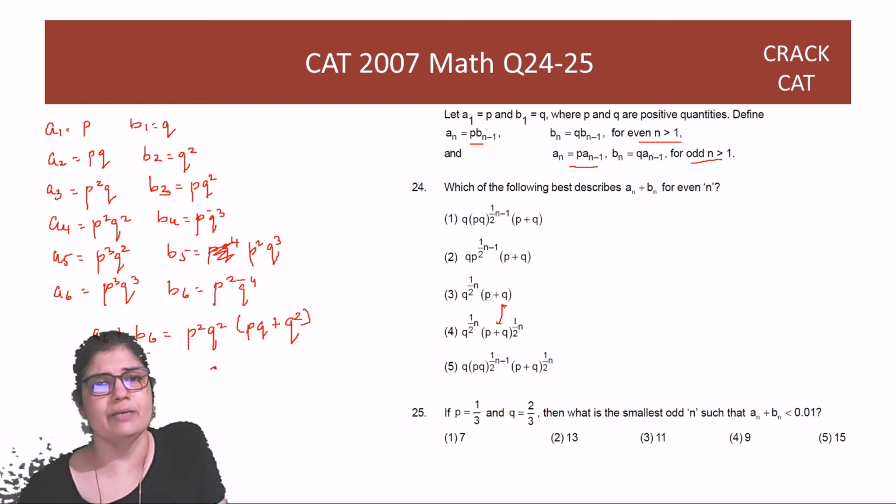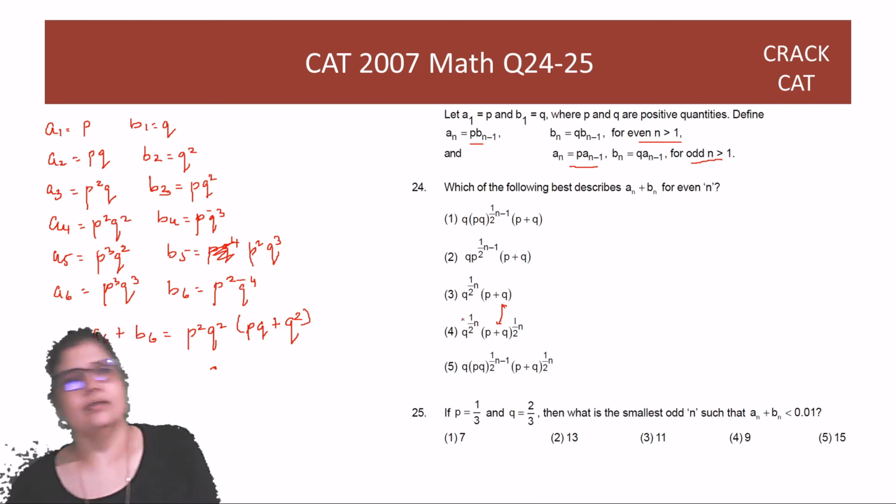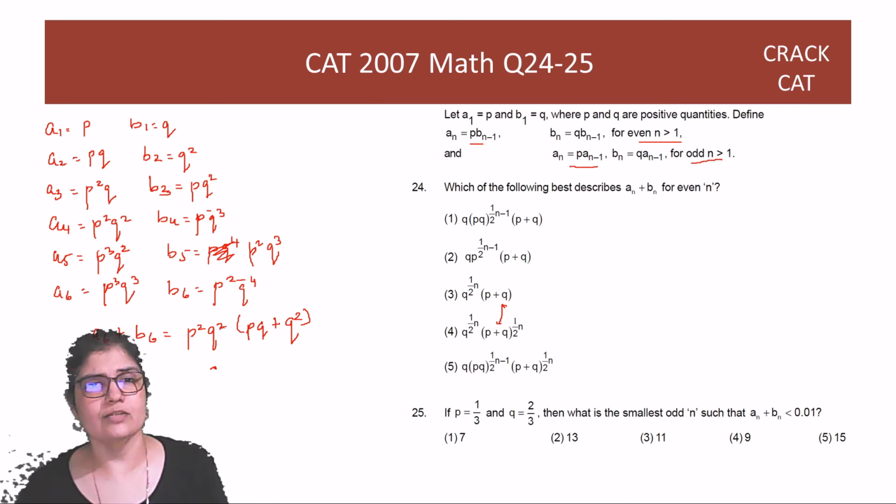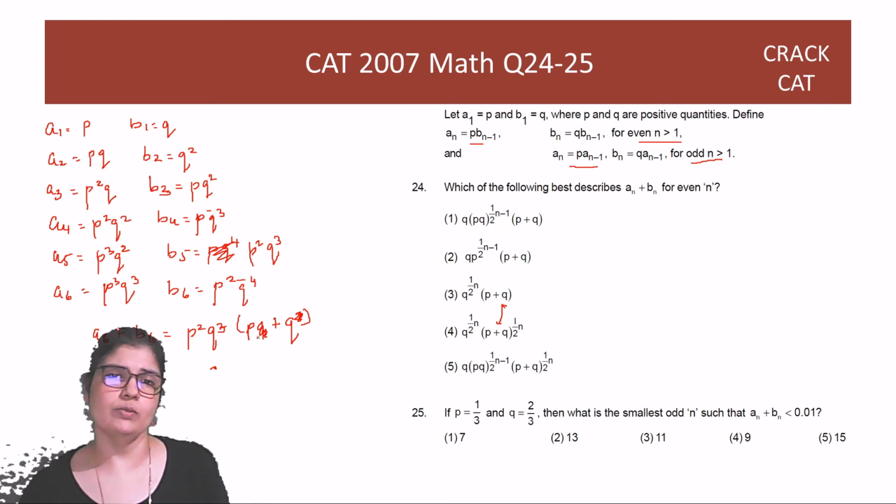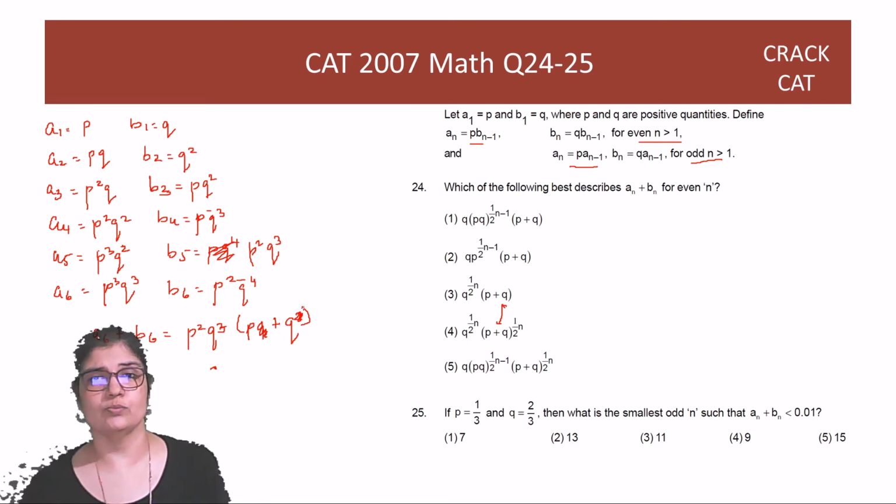अब 6 जैसे बड़े नंबर पे you can come and check, because now things are not going to be equivalent, right? यहाँ से Q भी निकलेगा, so this becomes correct. P square Q cube into P plus Q. So first of all, there's an extra Q. Okay, and P plus Q is always raised to 1. तो ये आप निकाल सकते हो कि if n is equal to 6, यहाँ पे क्यूब आ जाता है. So these two options are gone. बाहर P भी होता है हमेशा, तो 3 is also gone.